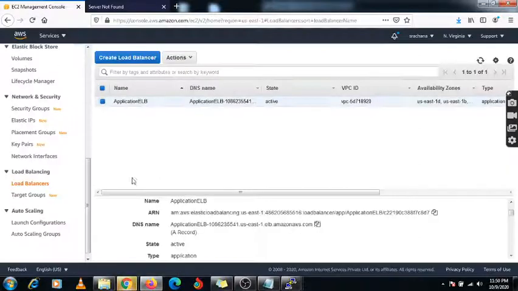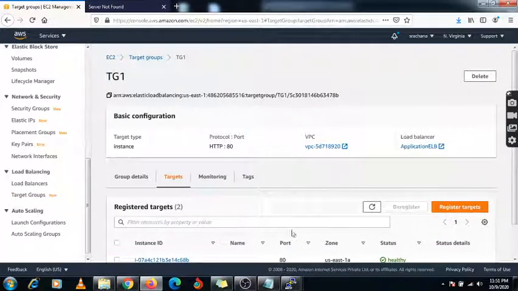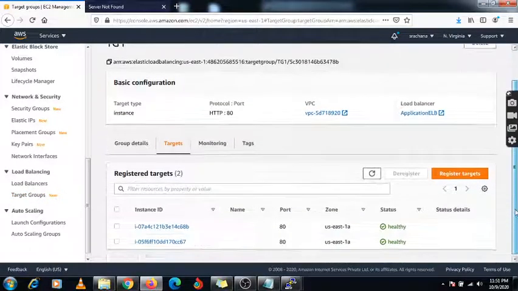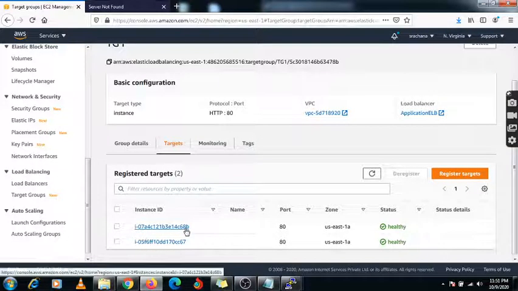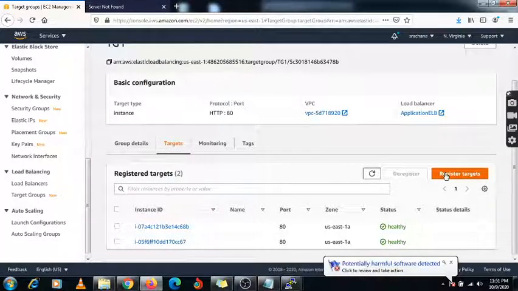Now we are going to add another two machines under this load balancer. So go under this target group. Here you need to click on target, and you need to register the target again, right? Which targets we have clicked, that is 8B and 67 we have already selected. Another two targets we will select.